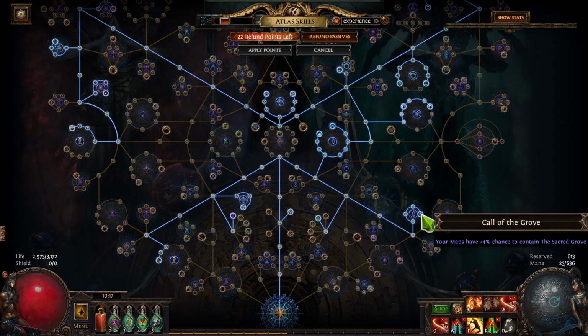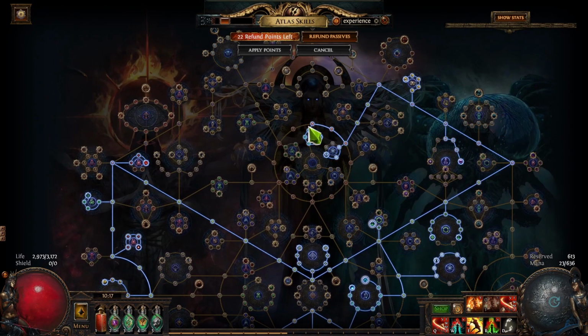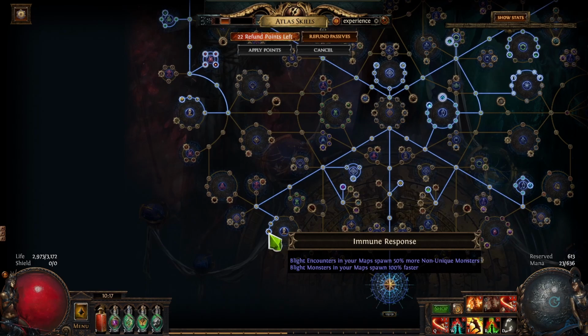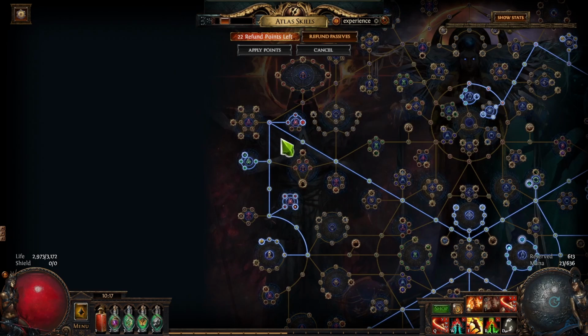And then we have here the Sacred Grove chance. We've got quantity of life force. We got all of these Sacred Grove nodes and all of these Sacred Grove nodes. So we're focusing on harvest pretty hard, and it's going to give us more XP, spawn pretty frequently. Then I also have here the Blight, the immune response, as well as the epidemiology. On the left side, we have the Beyond nodes, and then I rolled some sextants with possessed monsters, so